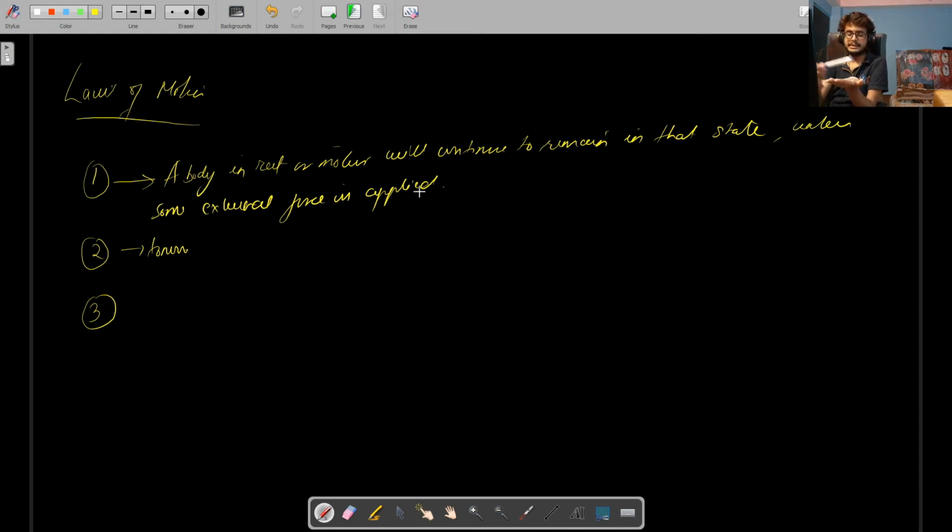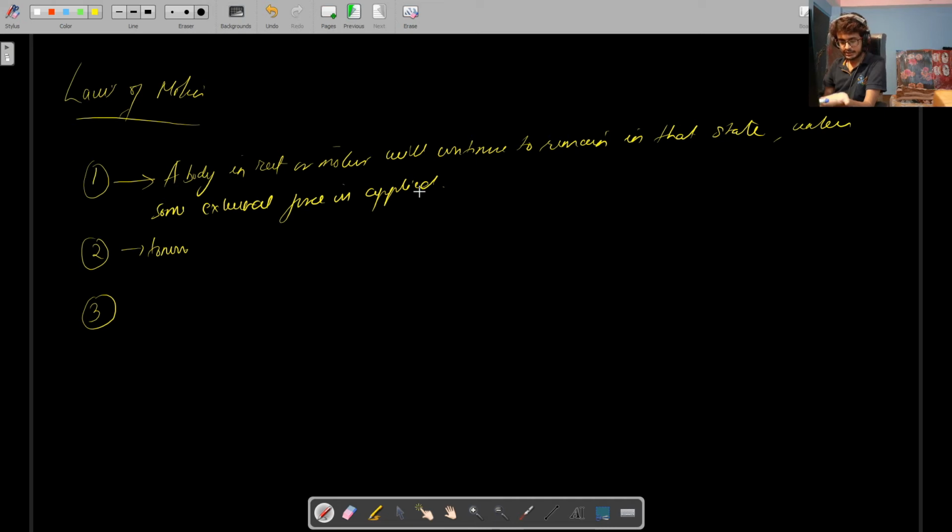It changed its state from rest. It was in motion. Now again it's in the state of rest. Now it moved. So what happens is it's basically changing its state from the state of rest to motion. So now this basically is a body in the state of rest, and it will continue to remain in that state. The body will continue to remain in the state of rest unless something external is applied,